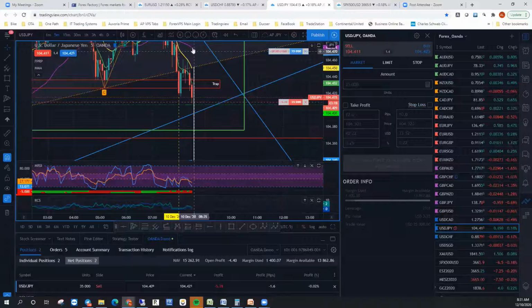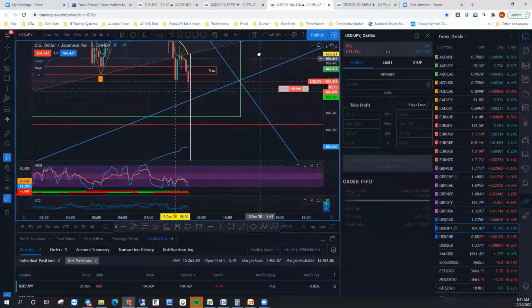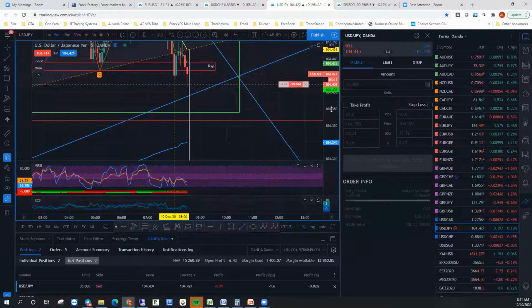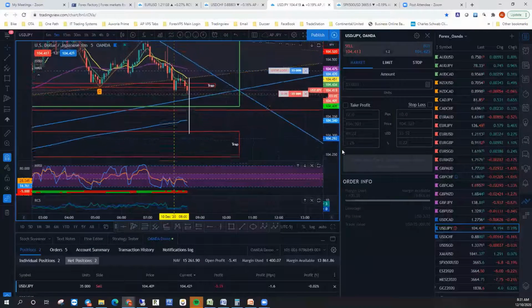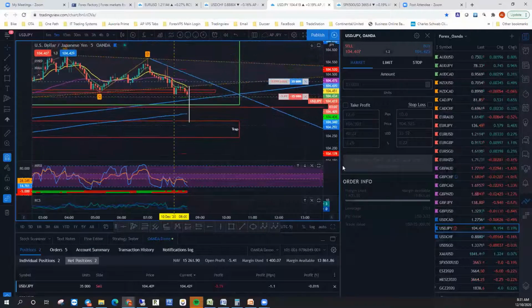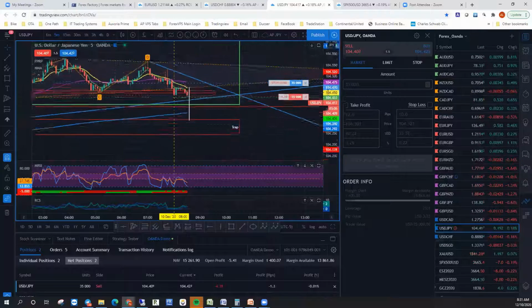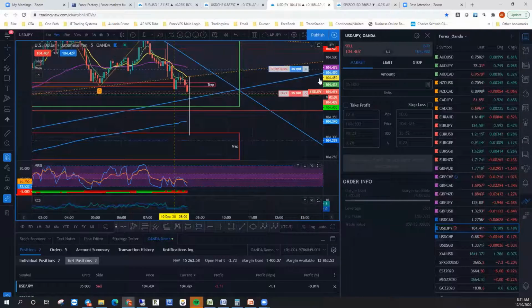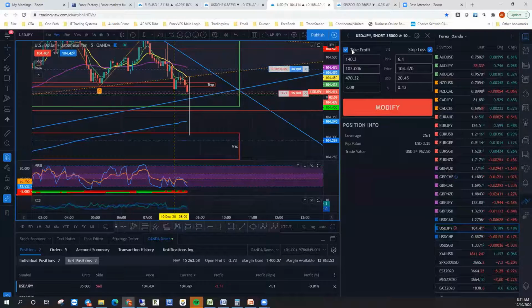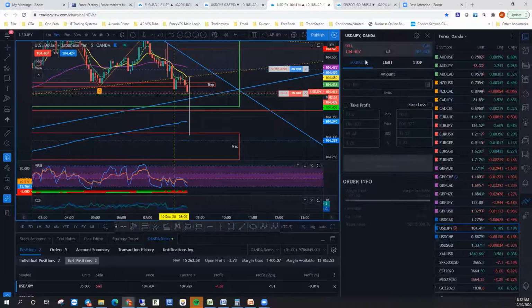So our stop is up here. Once we start getting some basing and stuff, then you're going to want to reevaluate it, maybe. Where'd the target go? Do we have the target in there? We can get the target in there. Target. Go a 12 pip target. There we go.